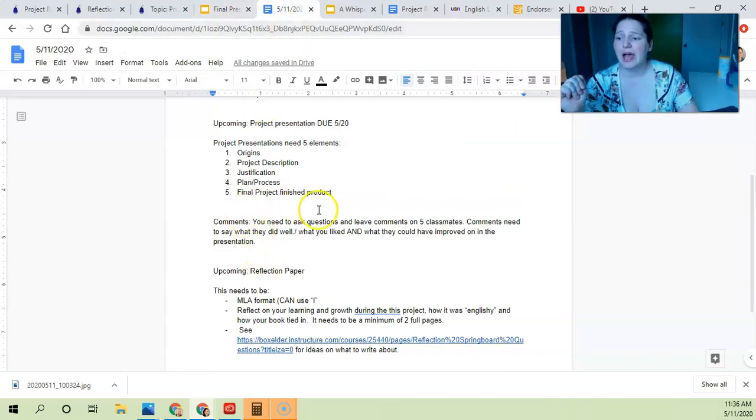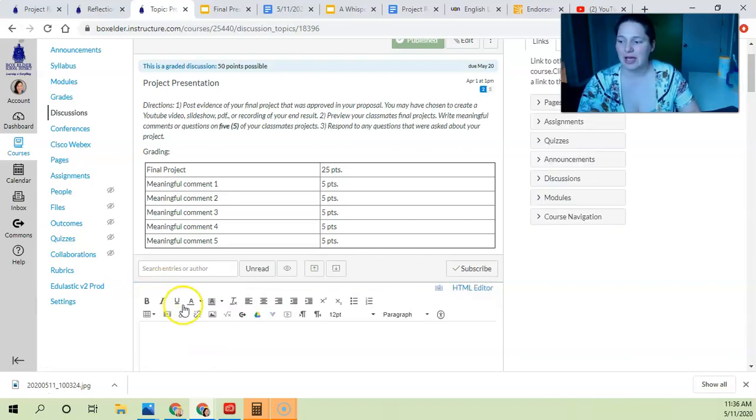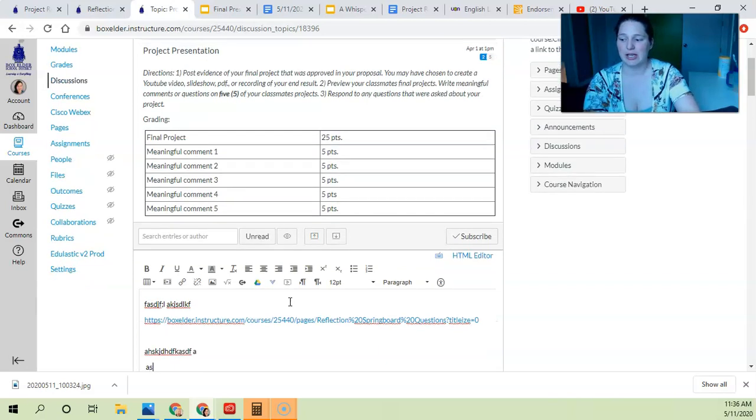reflection a little bit. After you're done with presenting your project, so after you're done with that slideshow, you've gone ahead and uploaded your slideshow or your video. Maybe you created a video instead of you talking about it, or maybe you want to write an essay about it. That's fine too. Maybe you want to just write a comment in a paragraph, like, this was my project, and here's a hyperlink, and here's more about my project, and steps 1, 2, 3, 4, 5, hit all the things that Mrs. Storm said I needed to cover,